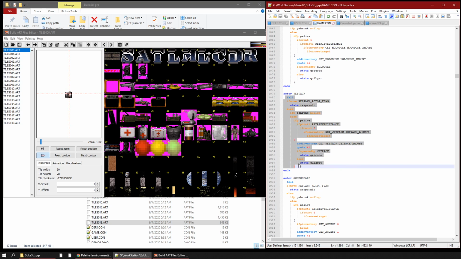So when you're playing the game, it'll do all this. So I'll talk a little bit about what the code does here. Fall, that's just going to make it fall to the ground. So let's actually go ahead and also,